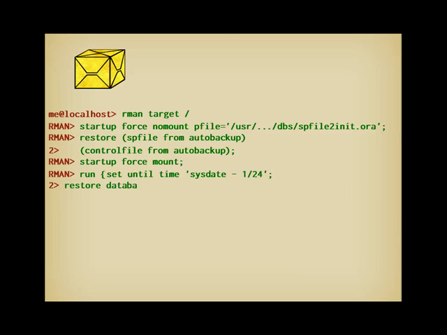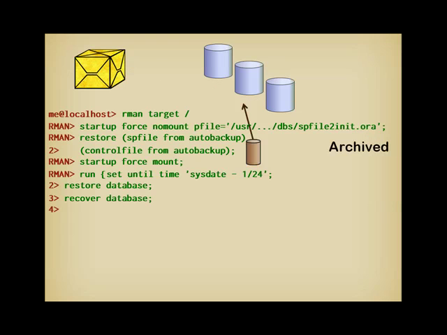Restore database extracts the files from the backup sets. Next step, recover database is going to take the archived logs and apply them, but only changes that occurred between the backup and, in this case, 1 hour ago. I may have later archived redo log files, and may have an online redo log file that wasn't archived. I have already forgotten the archived redo log files, and I must tell Oracle to completely forget the online redo log as well, which I do by adding the resetlogs clause to the alter database open command. Et voila, mission accomplished.